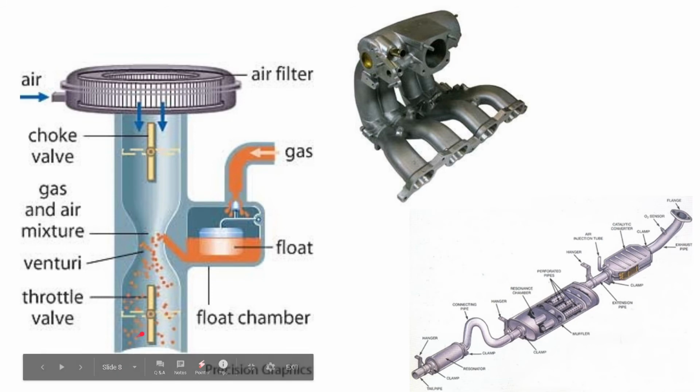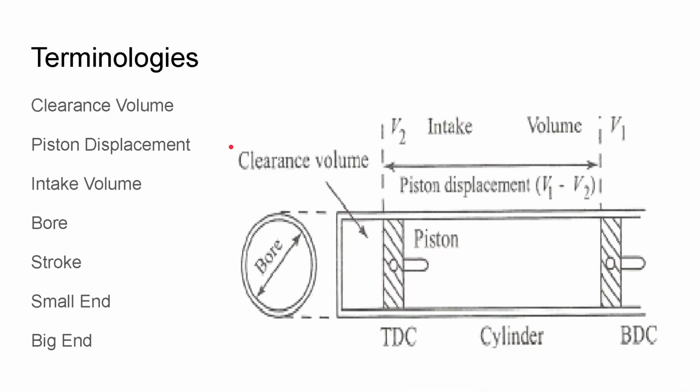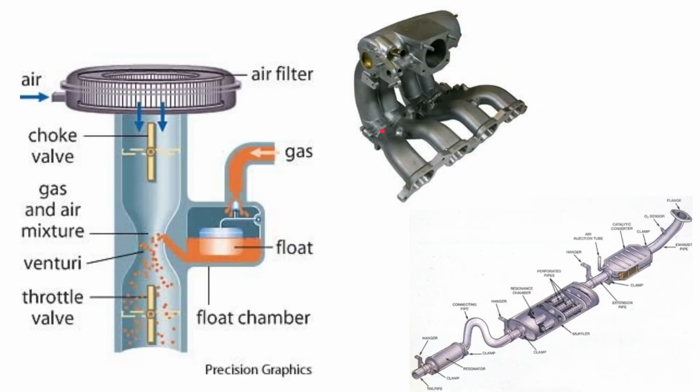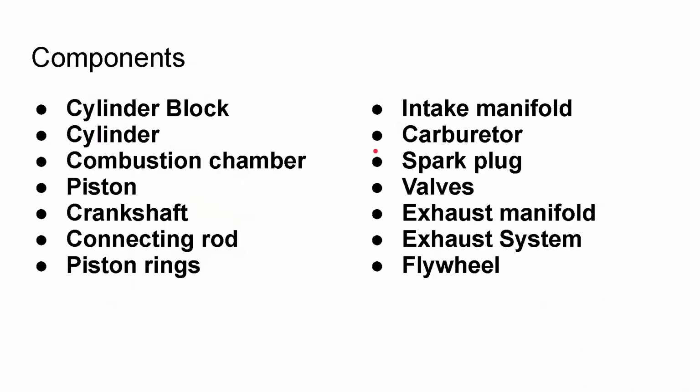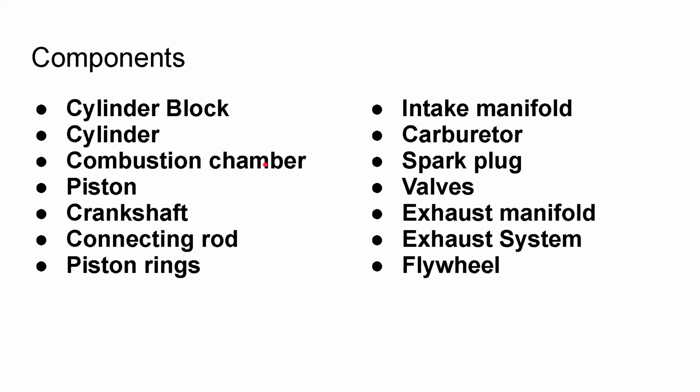So this is a common intake manifold, and exhaust manifold also looks like this. So we have an inlet for air, the outside air is being captured, then we can put an air filter, and then the air is being distributed to different cylinders. So here we had 4 cylinders, so it will be supplied to all 4 cylinders as per the timing. And we have an exhaust system. So similarly the exhaust gases also come out.